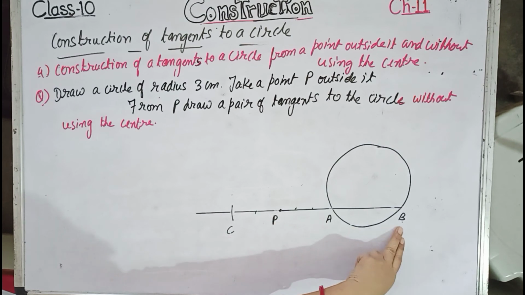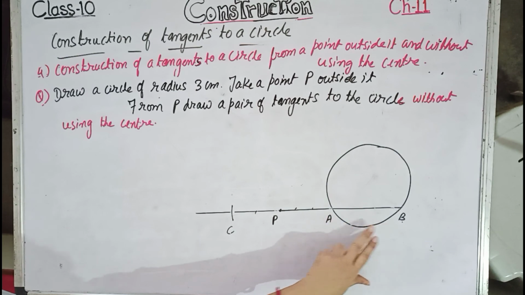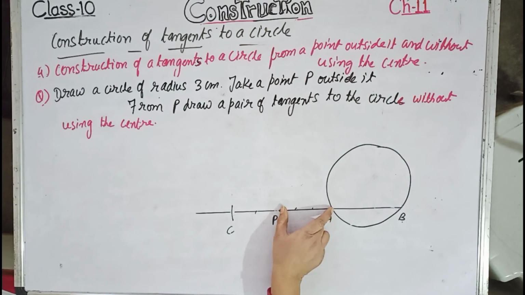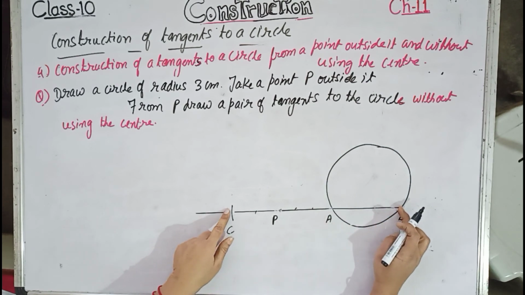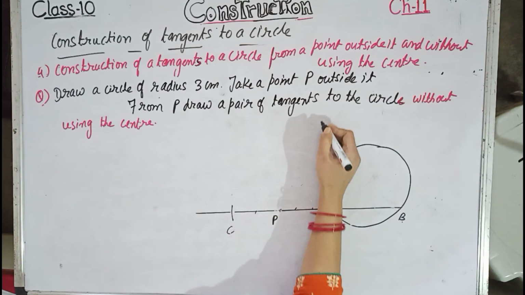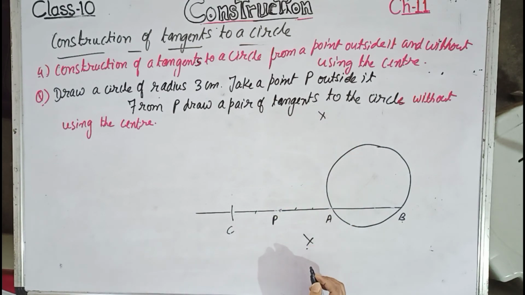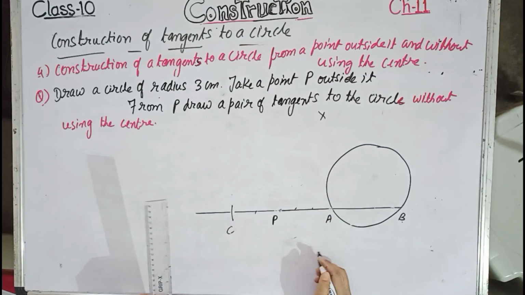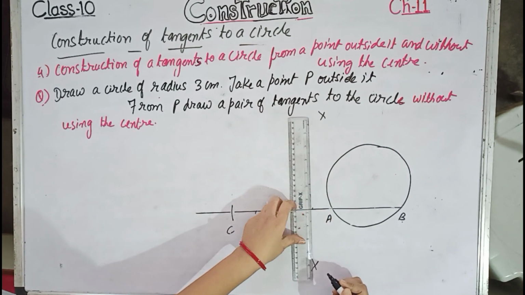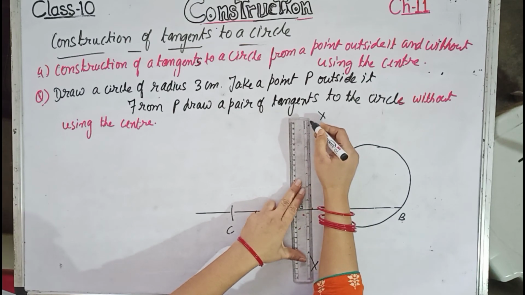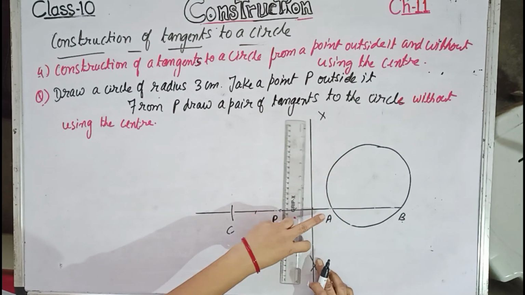Now with the help of your scale, extend the line so that it intersects the circle in 2 points, say A and B. Let's draw a secant. Now extend the line this side also, and with the help of your compass measure AP and cut PC. Now draw the perpendicular bisector of this whole length BC. Since I don't have the compass with me right now, I am drawing randomly over here. Suppose this line is the perpendicular bisector, meaning you take more than half of BC, cut 2 arcs up and down, and you will get a line. Suppose this line is my perpendicular bisector.